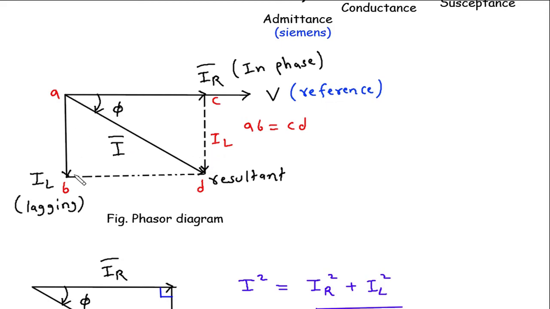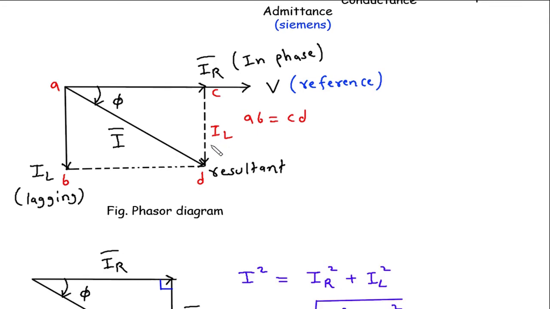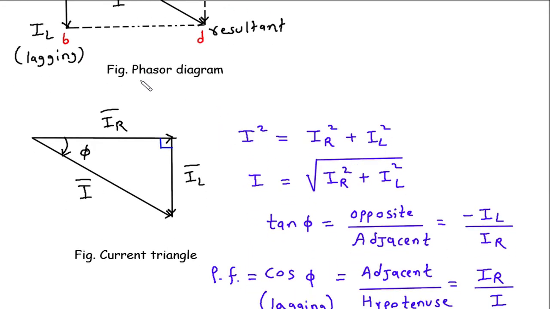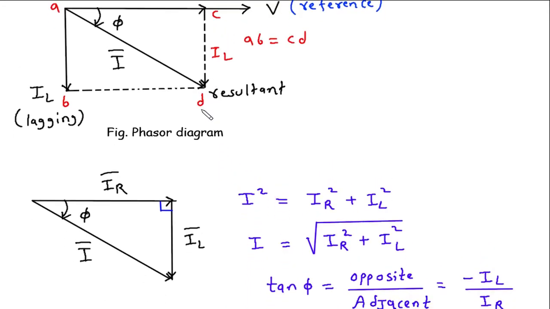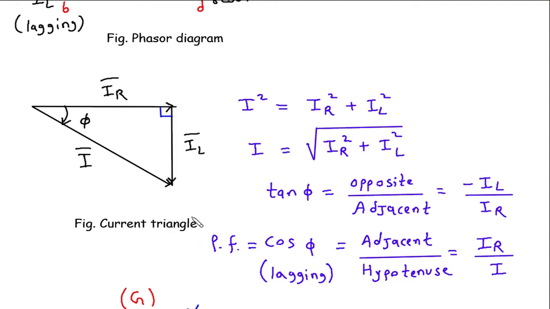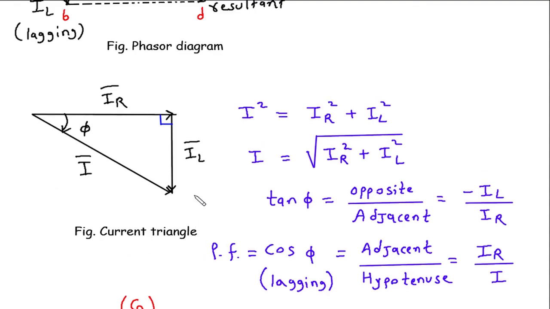Now AB is equal to CD, so we can replace this line by IL. So this will be IL. Now from the phasor diagram, we can draw the current triangle. In the current triangle, the values of all sides of the triangle will be in current form. So this will be current flowing through the resistor, this will be current flowing through the inductor, and this will